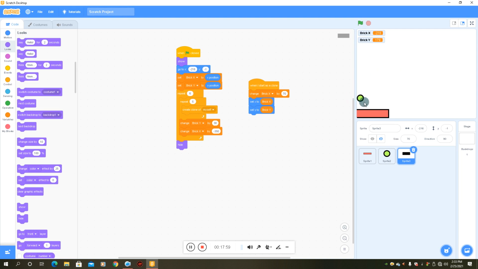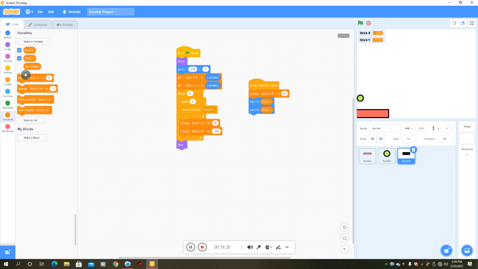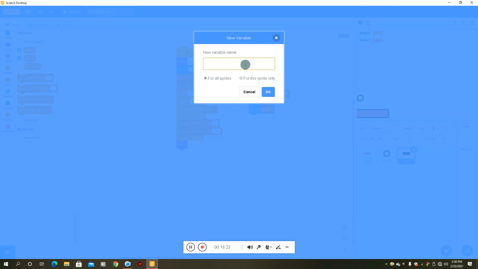Now after this, what we want is whenever we hit the ball, the bricks should vanish, right? We want it to be invisible. That's how the game goes forward. So for that we have to create one more variable and we will give it a name, brick life suppose. Okay,